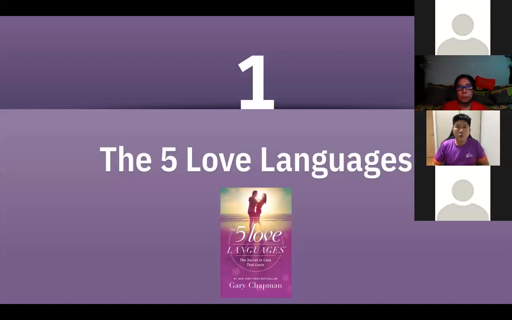The first part is to talk about the 5 love languages. As all of you know, these 5 love languages come from the book written by Gary Chapman, which describes 5 different ways love can be expressed and received in a 2-person relationship. It could be a romantic relationship, a friendly relationship, or a family relationship. So it works regardless of what kind of environment you are in. All we need to do is to be able to contextualize.